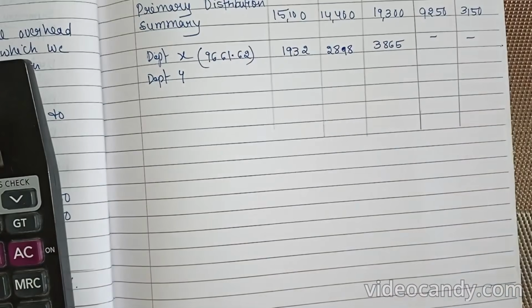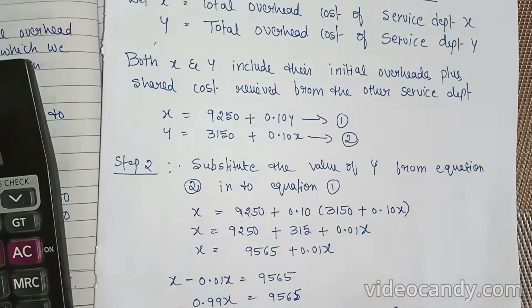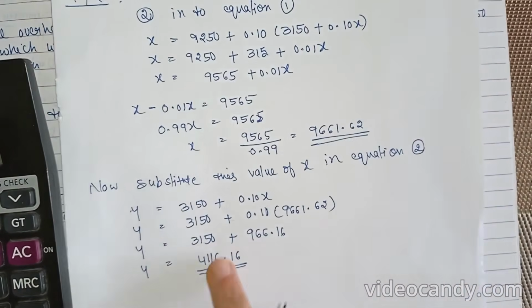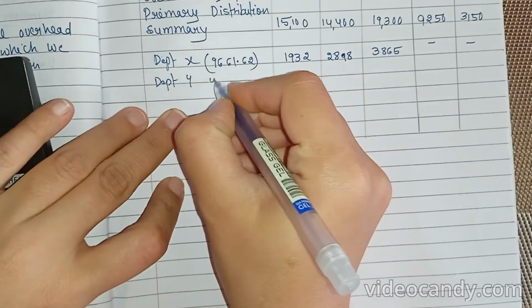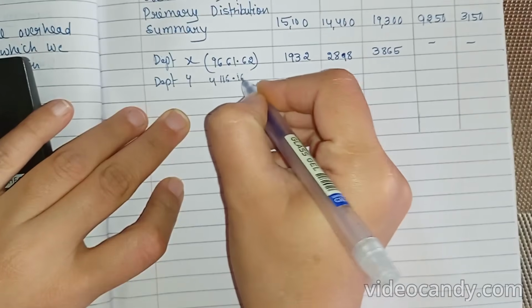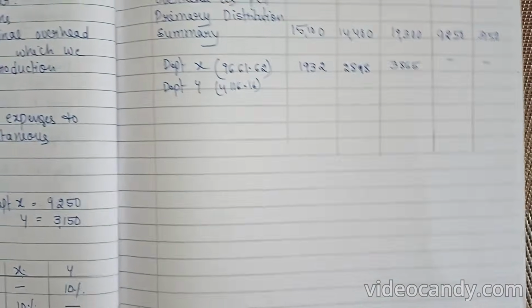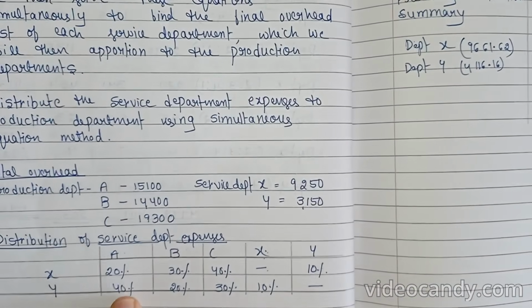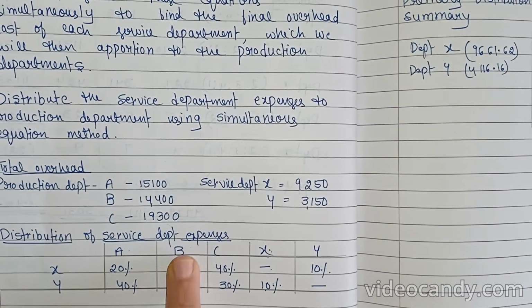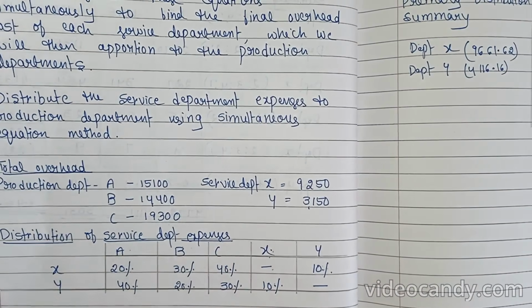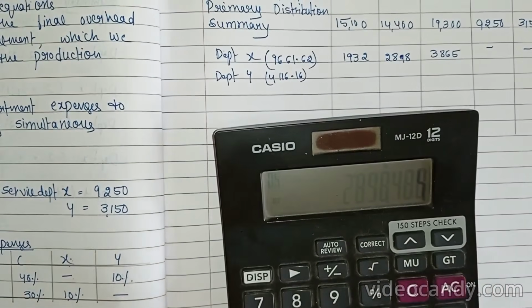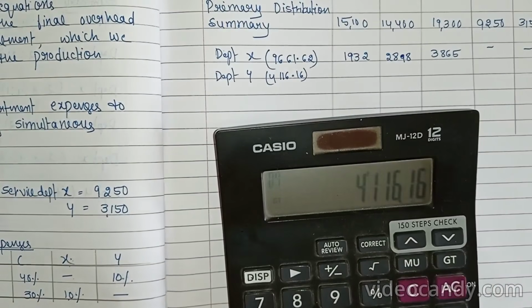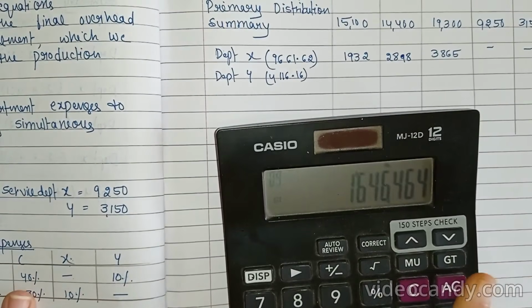Now department Y. How much is the overhead cost of department Y? That is 4116.16. Write down here 4116.16. Now Y provides 40% to A, 20% to B and 30% to C. Now let's calculate. 4116.16 into 40% to A, that is